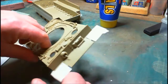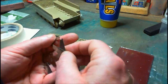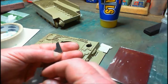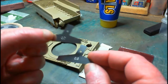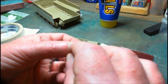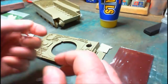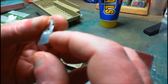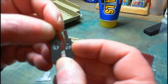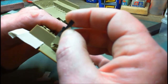Okay, in that set, I'll just show you again. I've got them all in there. In that set, you get 3 different sizes. Well, you get 2 grades, should we call them. You get a large in a 0.5 and a 0.7. You also get a medium size. These are the size I used for the test piece, in a 7 and a 5. And we get small little ones, same again in a 5 and a 7. So when it comes to doing around the gun piece here, that'll do the scraping